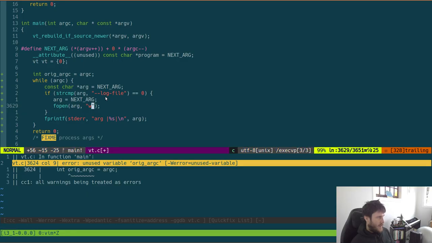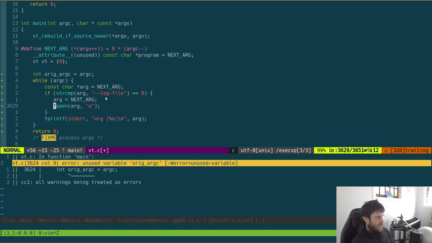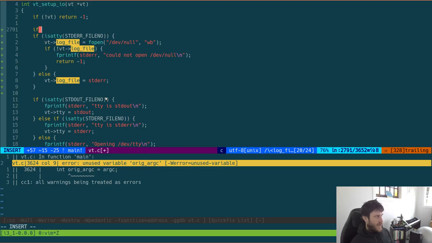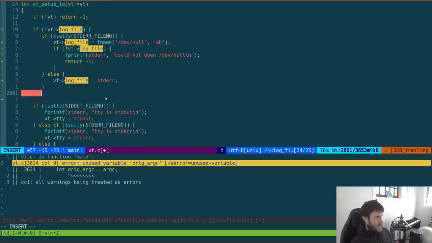Yeah, I think I just want to do that. And is that how I do fopen? That sounds right, and it returns me a file. So here we would want to get VT log file equals that. So that kind of means to me that here we want to check that if not VT log file. If we've already got a log file, then kind of keep it as is, do something